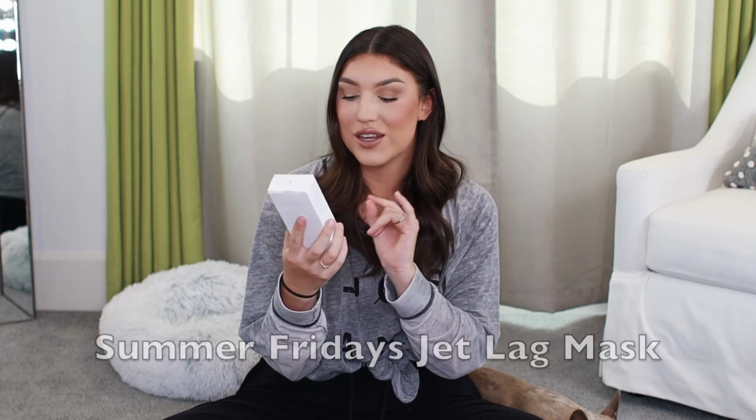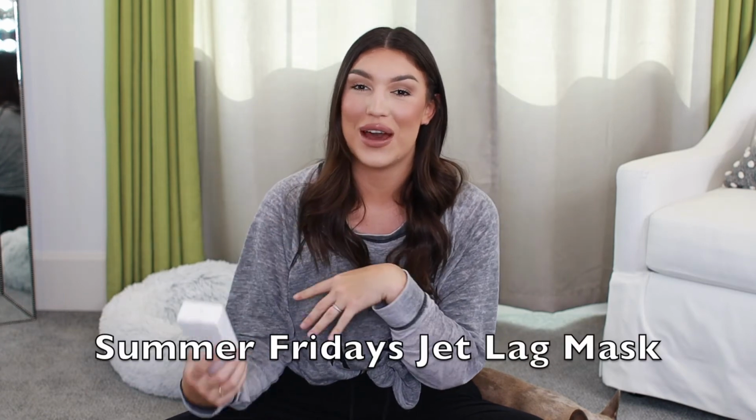This is their jet lag mask. So if you have a flight that's basically 4 hours or longer, your skin gets a little bit upset. A lot of different things can happen with your skin. It can get overly shiny, it can get super dried out. Just being at that different of an altitude, your skin is a little abnormal for a couple of hours afterwards,